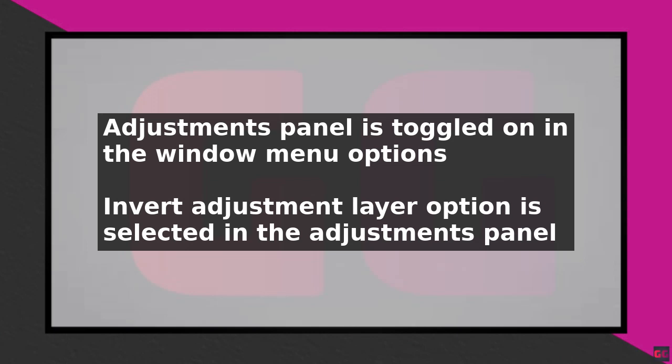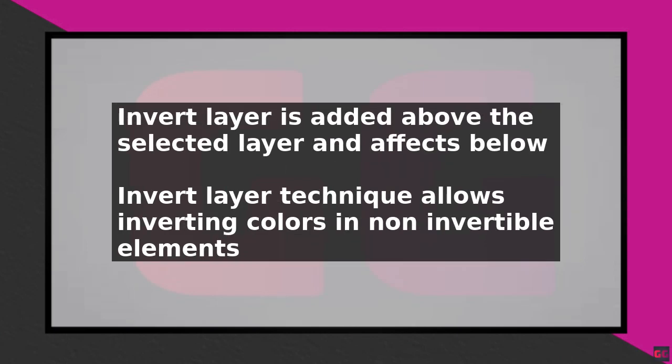With the Adjustments panel open, select the layer you want to invert and look for the Invert Adjustment Layer option. Once you create this layer, it will be added above your selected layer, and it will affect all the layers below it, but not those above it. This technique allows you to invert colors in elements that cannot be inverted otherwise. By simply opening up the Adjustments panel and adding an invert layer,